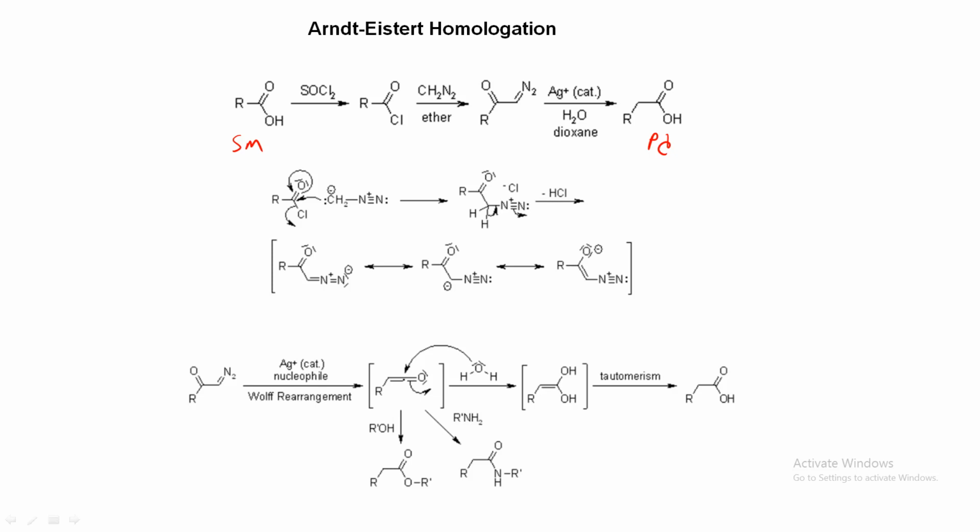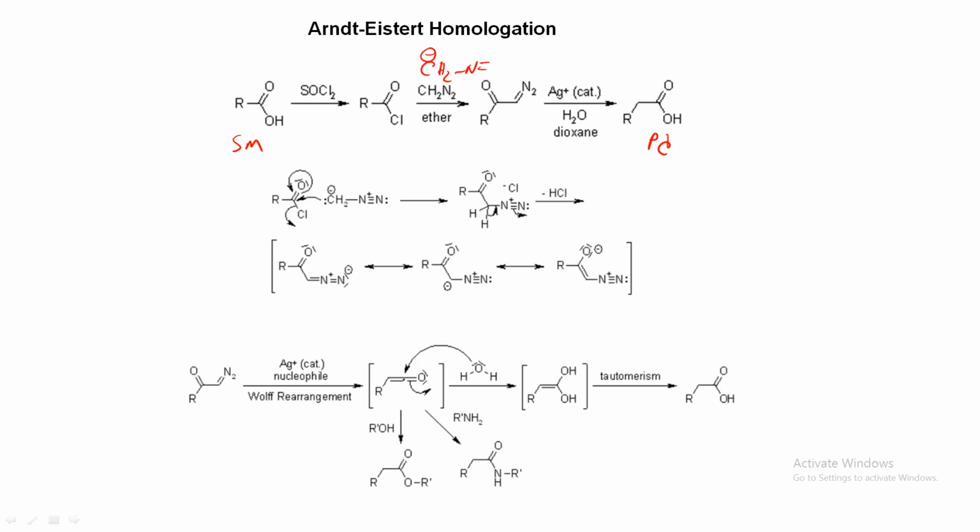Many times it is very useful and we need to do the homologation. So it is one example of how we can increase by one carbon atom between the alkyl partner and a functional group, how we can insert one carbon atom. For this case, what we need to do at first is make an acid chloride. With SOCl2 under acidic conditions, the acid chloride is easily formed. Then this CH2N2 is treated with this chloro compound. So when it is treated like this, this is actually